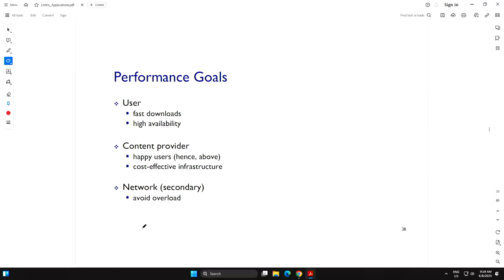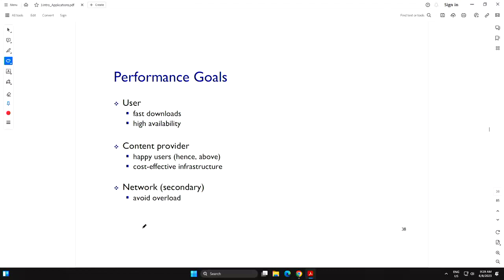Like us, we would try to find things in Amazon and everywhere, and browse the website of the university or Wikipedia and things like that, right? So we want fast downloads, we want high availability. Sometimes the Google servers are down, and if it's down for a few seconds, we are inconvenienced users, but if users are inconvenienced, then the businesses are also losing money, right?